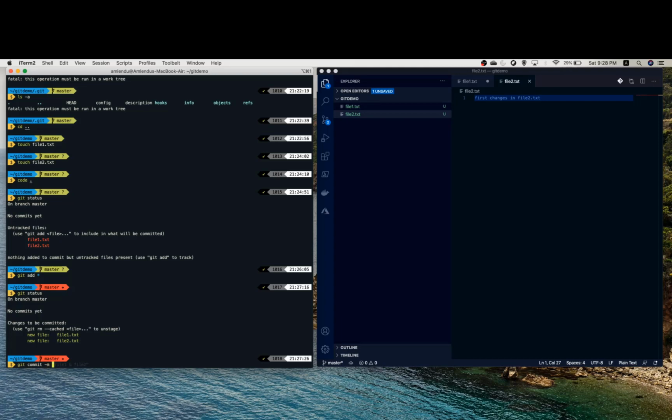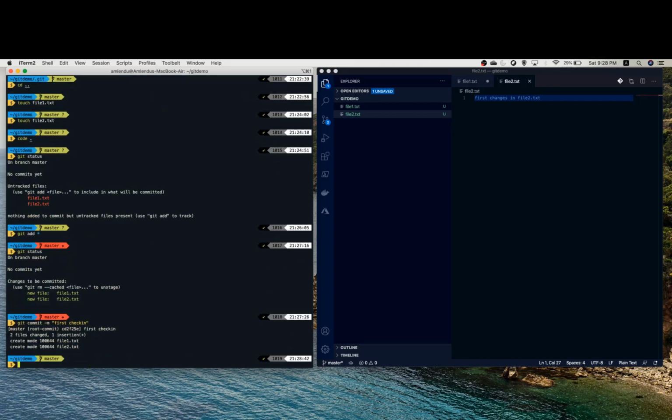In a single line I can pass the parameter -m with a comment, which will allow these two files to be committed to the repository. So this is the final status of the files, which means they are now inside the repository. As you can see, two files have been added.